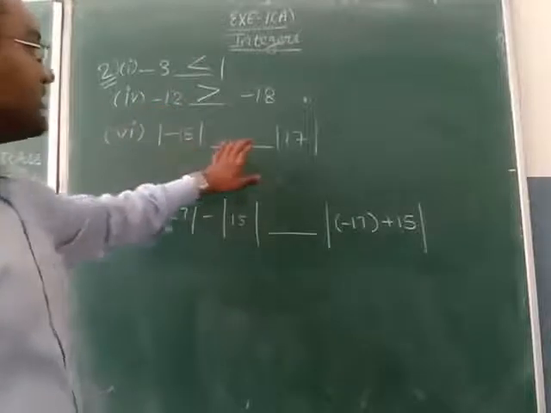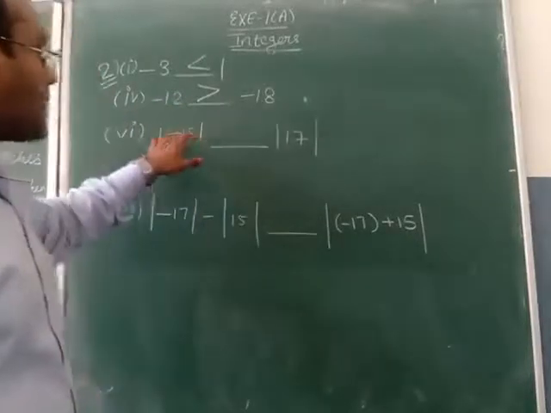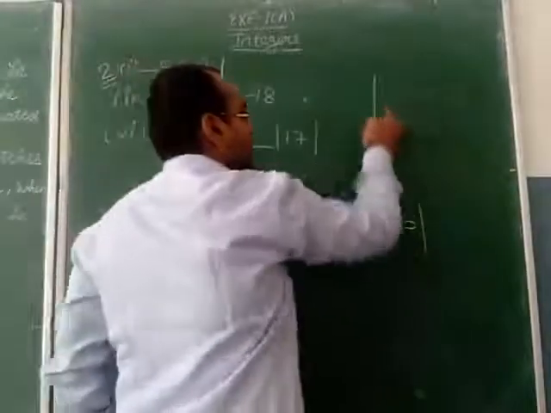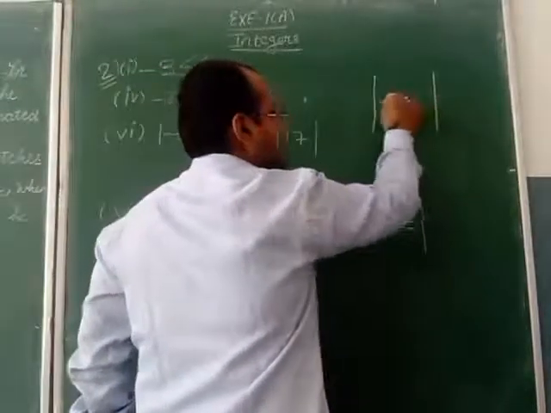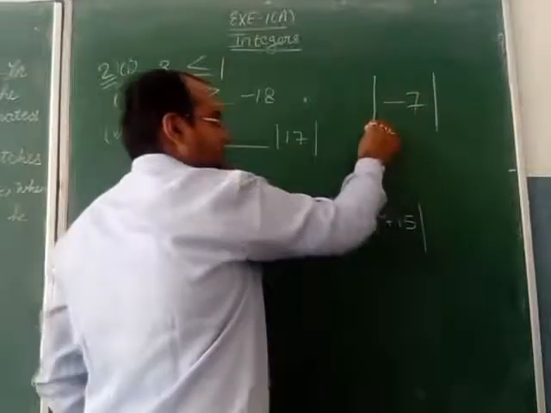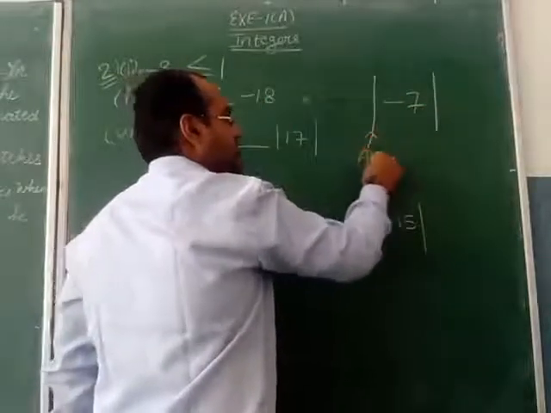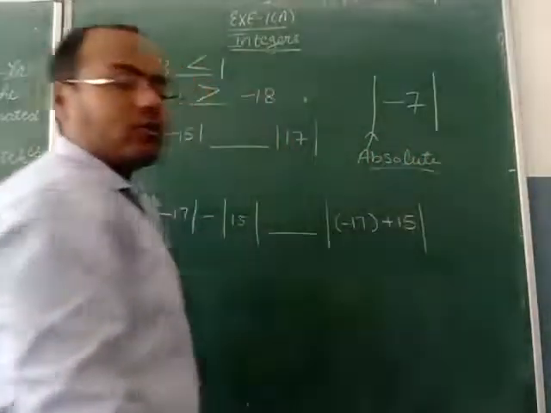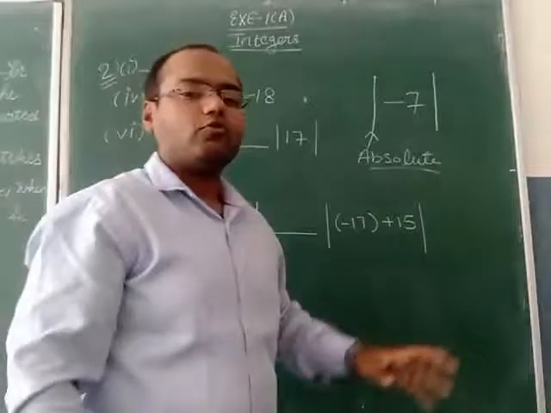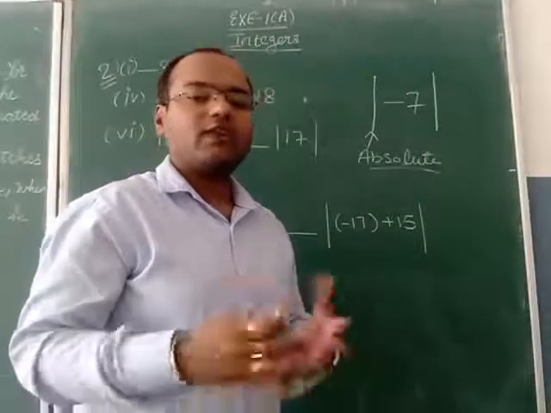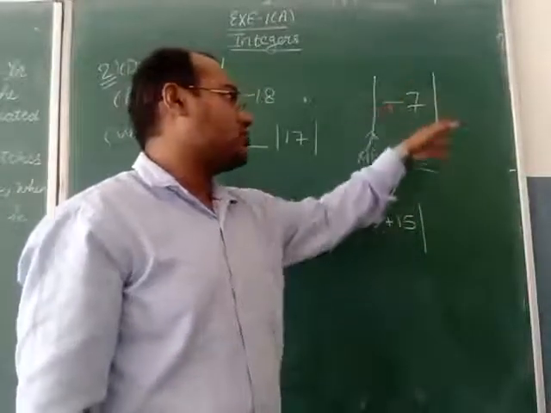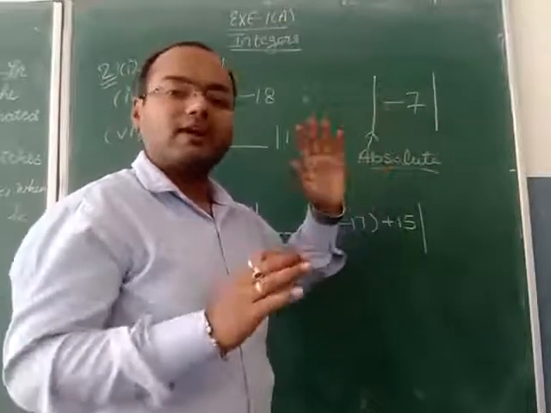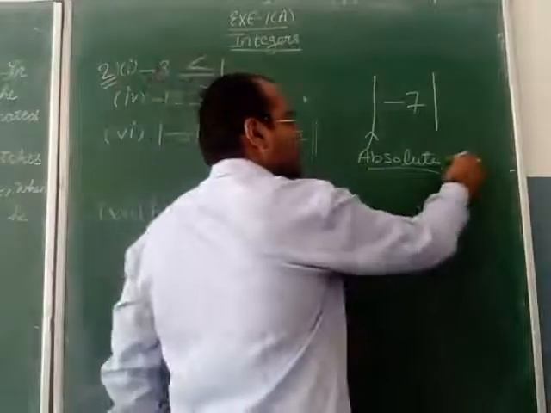Now here in part number 6, the absolute sign is coming. This sign is the absolute sign. Long marks are given, and inside them one number is written. Such symbols are known as absolute value. In order to write the absolute value, we have to omit the sign. Omit means you have to leave the sign. So inside this absolute, a minus sign is coming. When we write the absolute value, the minus will get removed. Then the absolute value will be 7.